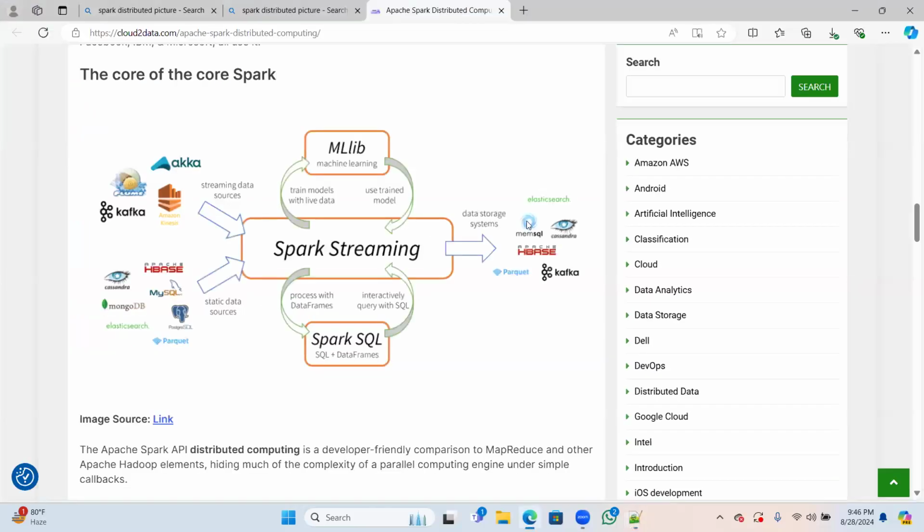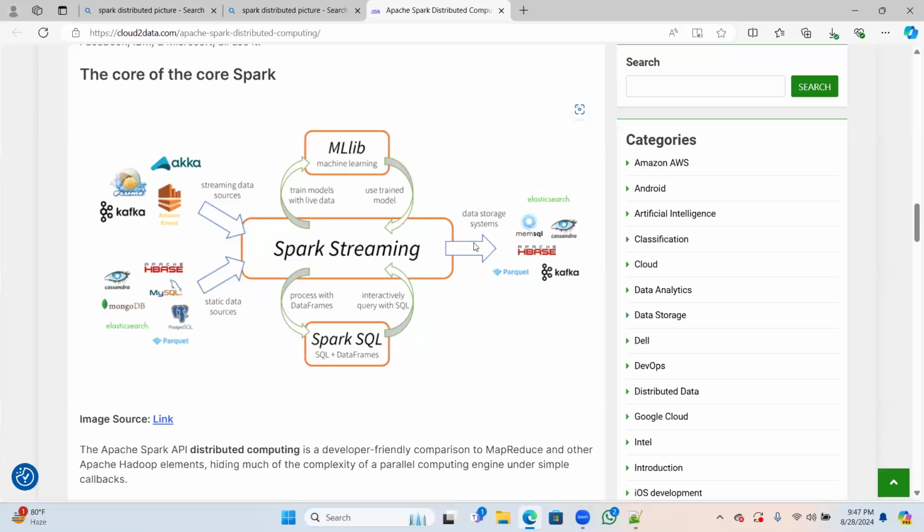If you see here, we have this Cassandra and the Kafka also. You can read out the same data to here. Are you able to understand this one?